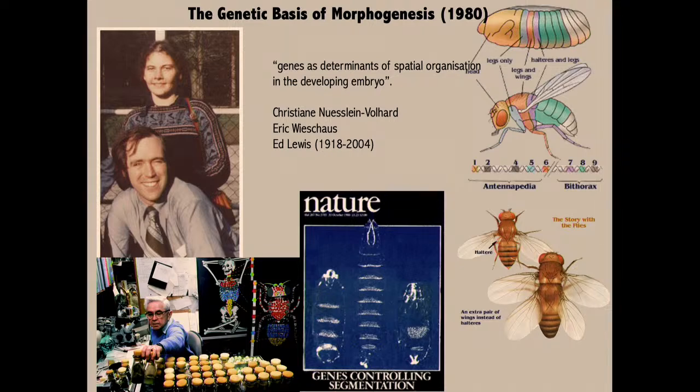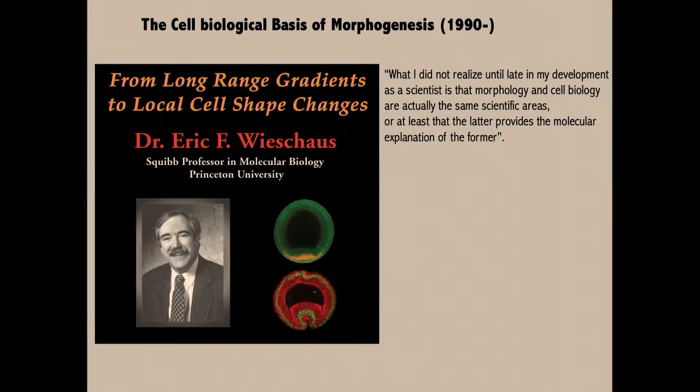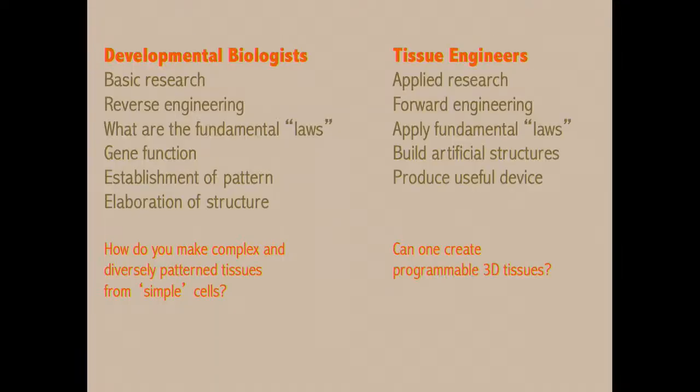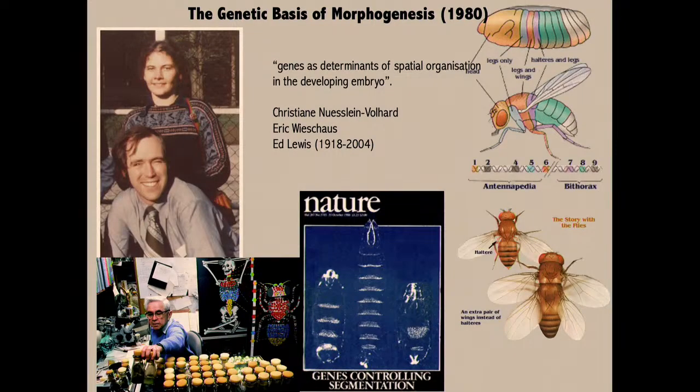It was this sort of trio of people who won the Nobel Prize in 1995 that actually first established that genes are determinants of spatial organization in developing embryos, right? And then a little more recently, Eric Wieschaus, who's one of the people I just showed you in this picture,